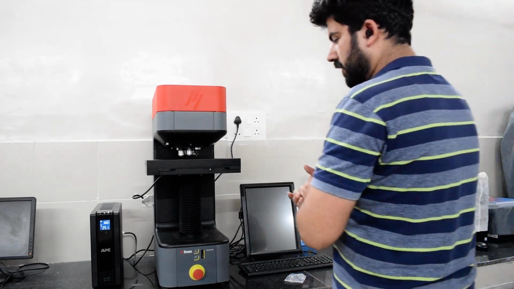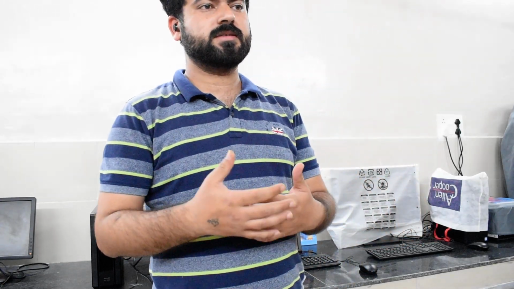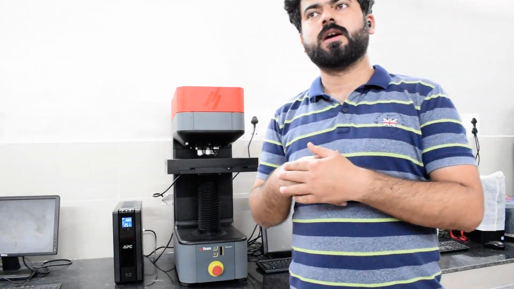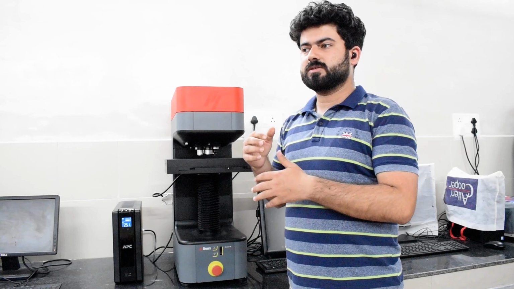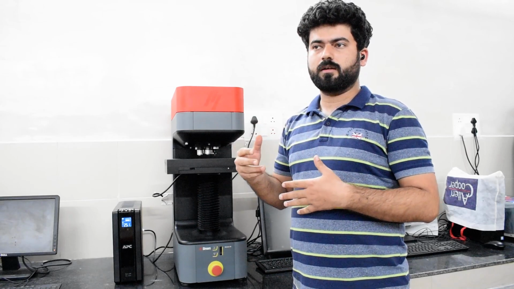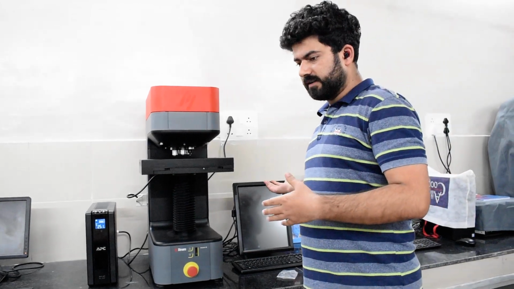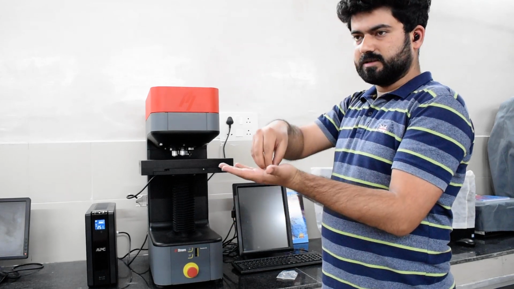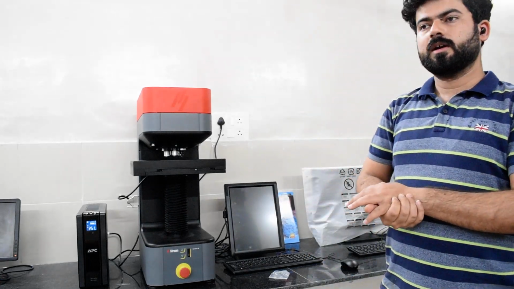Hello everyone. Today we are going to study one of the most important material properties, that is hardness. So when we talk about hardness, what exactly is hardness? Hardness is resistance to indentation, resistance to penetration, as well as plastic deformation. When we talk specifically about an instrument, there is an indenter, and the material property, that is hardness, is that it resists the indenter from going inside the material. This is the hardness definition.